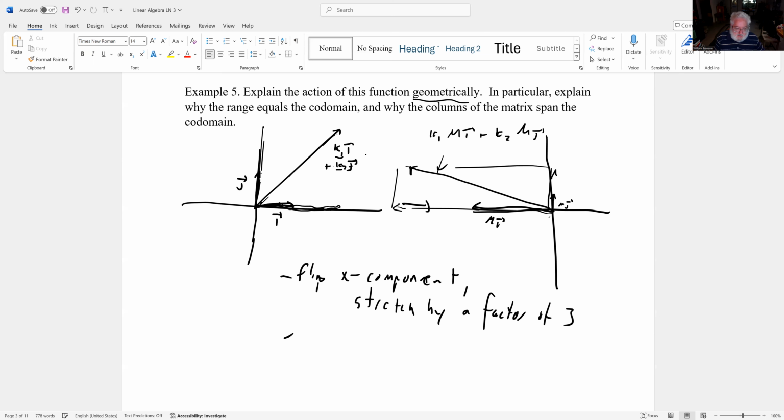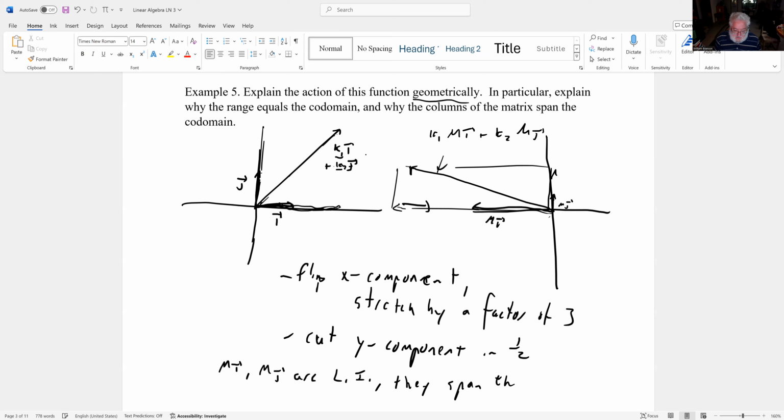And in the y component, you cut the y component in half. And that's what it does to each and every vector in the plane. Since mi and mj, we can tell, are linearly independent, and there's 2 of them, they span the entire codomain, which is R2,